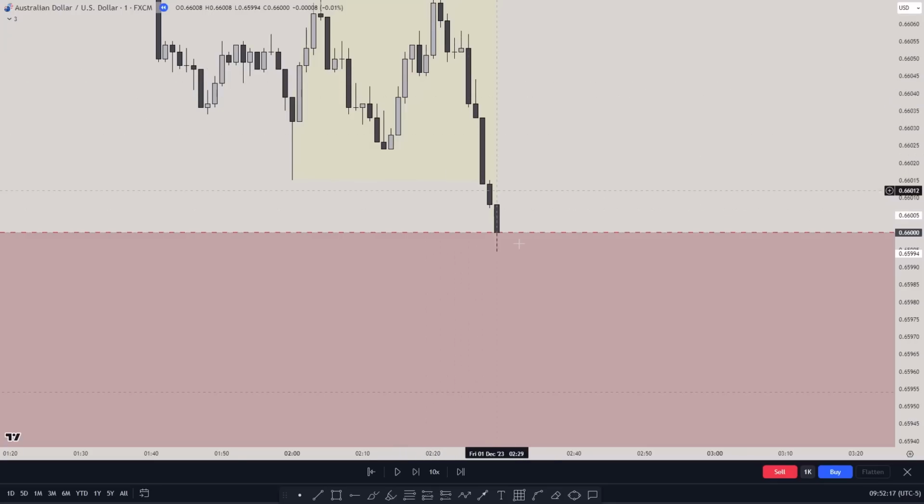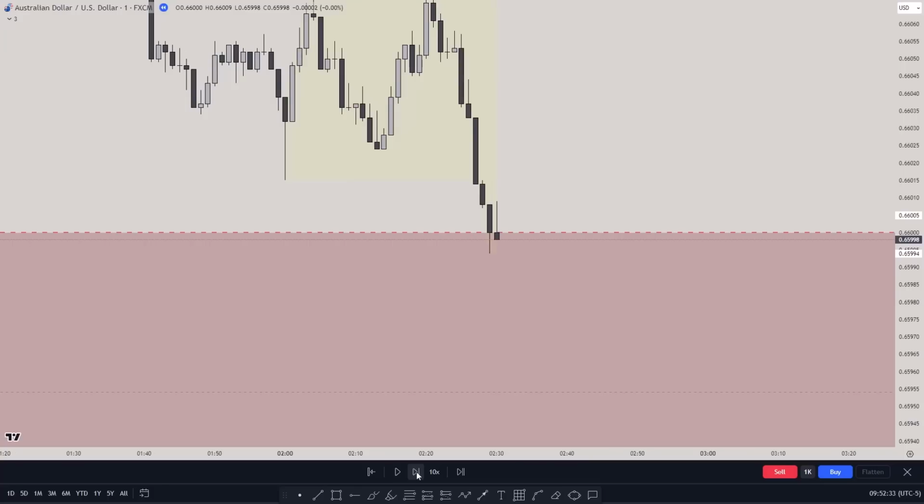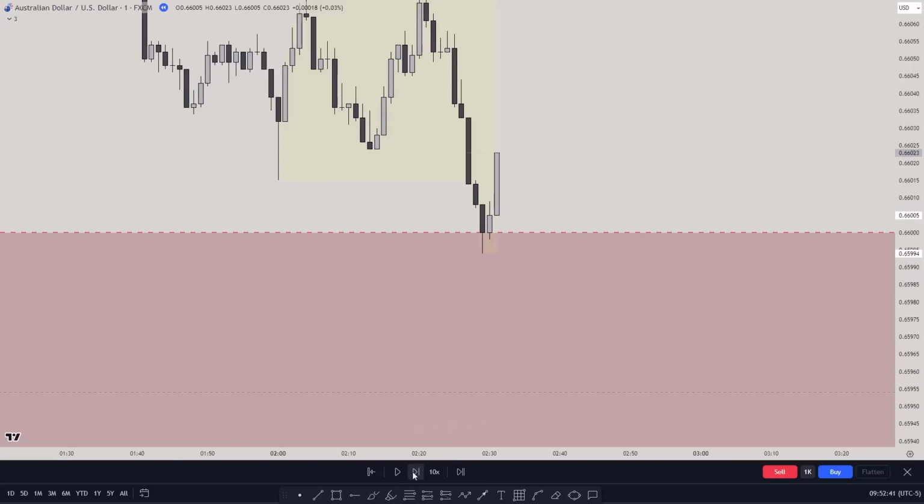It tells me that price is now not willing to go lower. Immediately when price took that level of liquidity, it did not even close below, even with a tick. So that's the first sign of reversal. Now I'm going to play price action, and we can see that immediately price started to go back into the range. I see no change in the state of delivery right here. And right here, this is my change in the state of delivery.